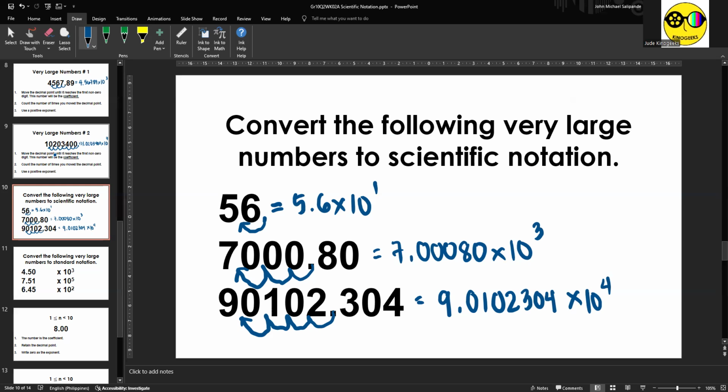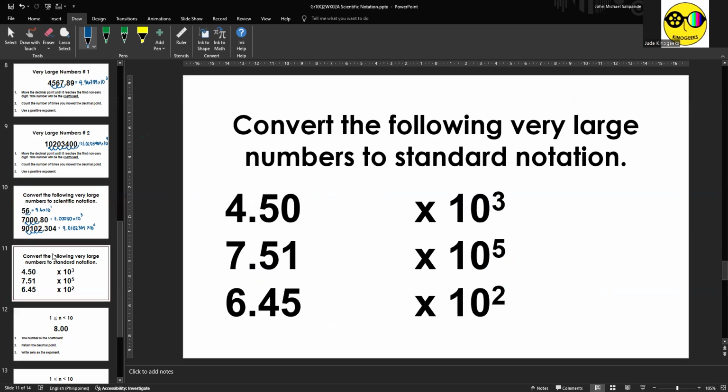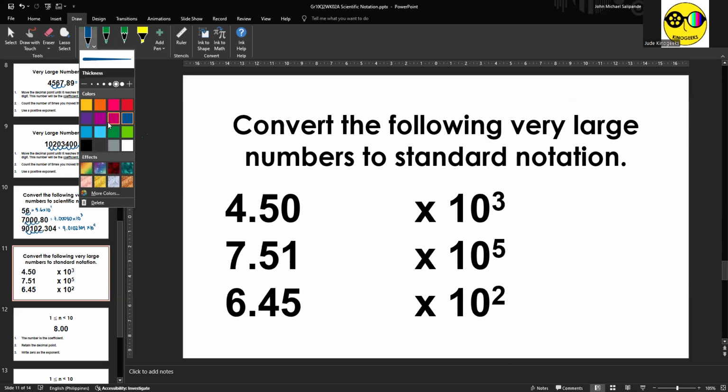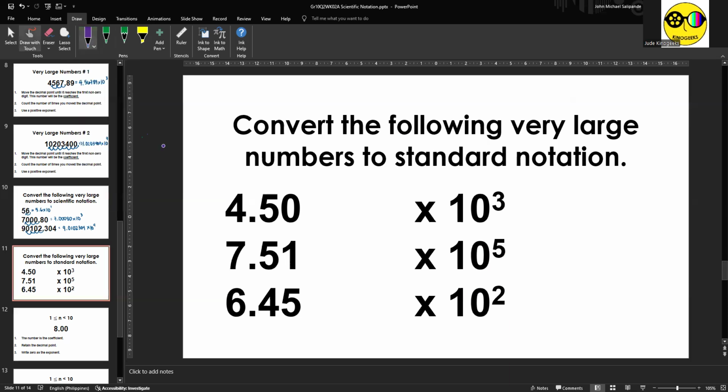Alright? So nakakalimang examples na tayo of converting numbers in standard notation, very large, to scientific notation. What if we reverse the process? I give you the numbers in scientific notation, all of them very large, and we have to express them rather in standard notation. So pasensya na if there are spaces here because may rason kung bakit yan may space and you will find out later. But let's start with 4.50 times 10 raised to positive 3.